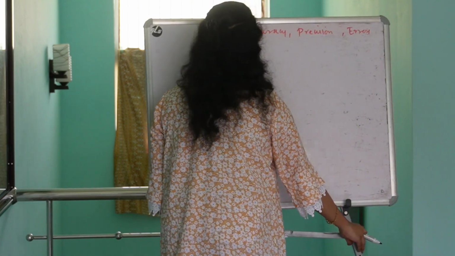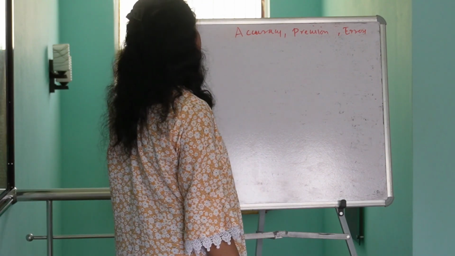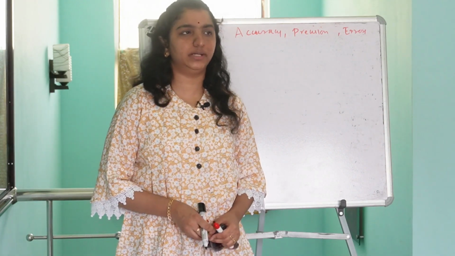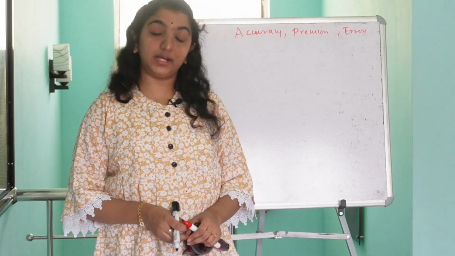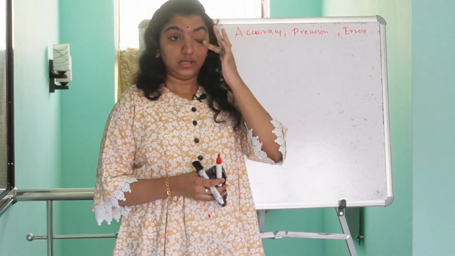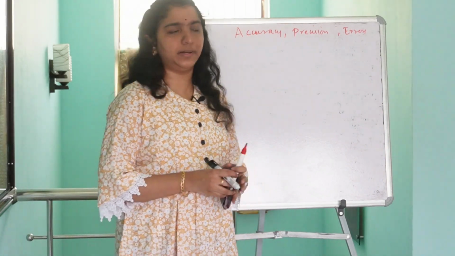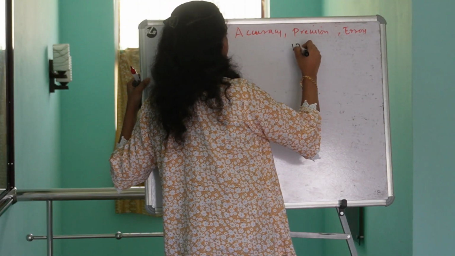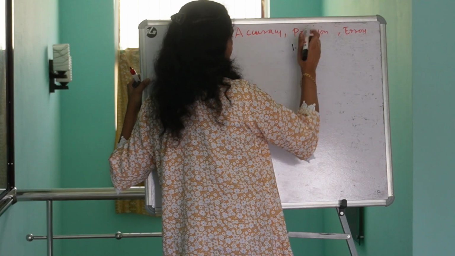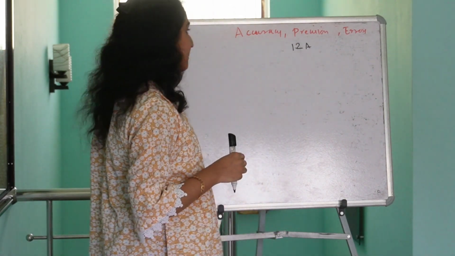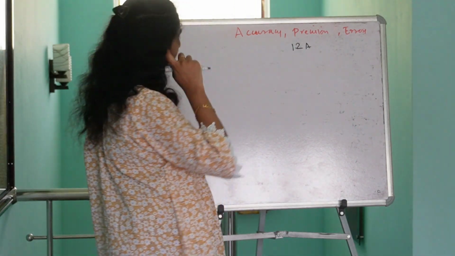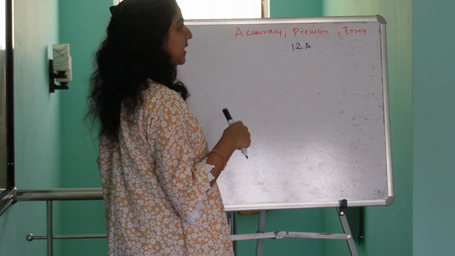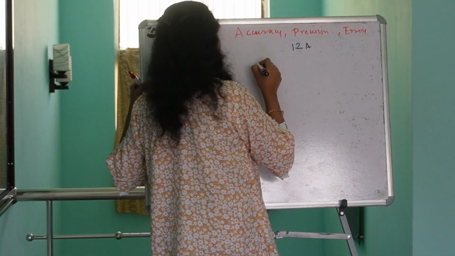Yes. So the actual value, the actual mass, or any other physical quantity, for example the actual current flow in an experiment, we got it as 12 ampere. The actual current flow in a circuit is 12 ampere. Here I measured the current flow using an ammeter, and I got some values as